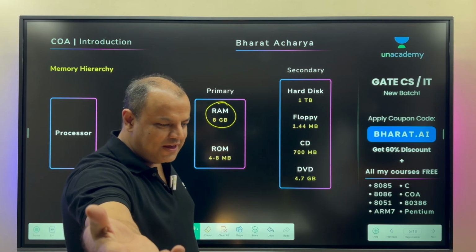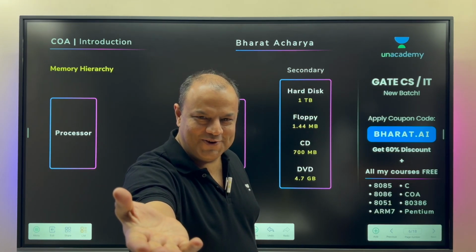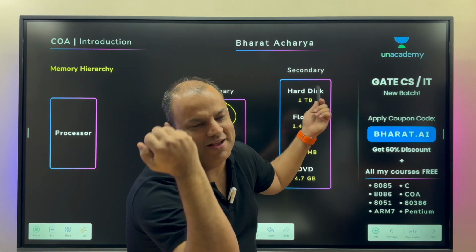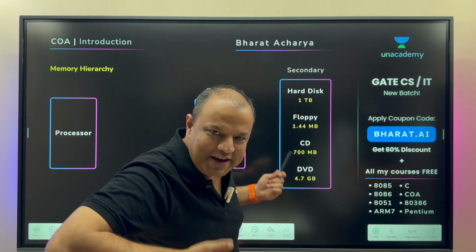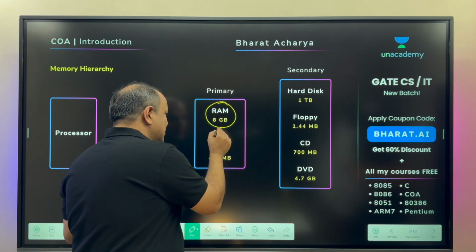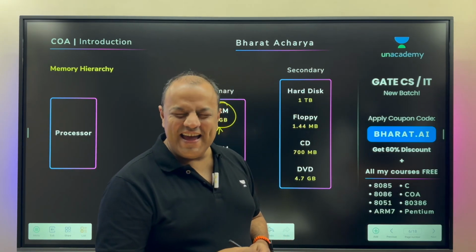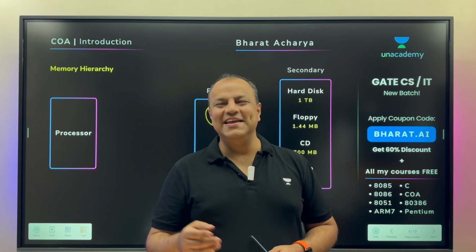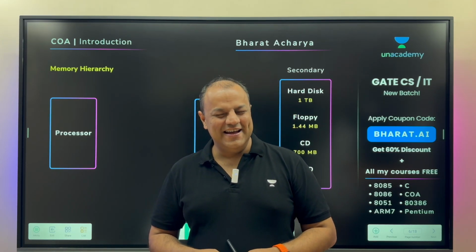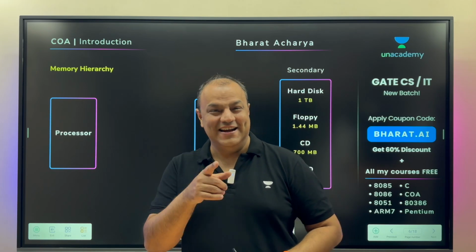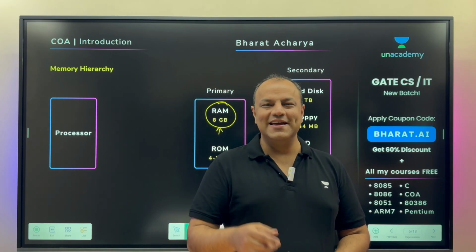So is it fair to say the speed of a computer tremendously depends upon the speed of the RAM? Absolutely. More than the rotating speed of the hard disk. You will seek a file once, but you'll operate on it the whole day. So your operation speed is mainly the speed of your RAM. There are two types of RAMs, SRAM and DRAM, static RAM and dynamic RAM. Which is faster? Dynamic sounds dynamic, so it will be faster? No, the faster one is static.